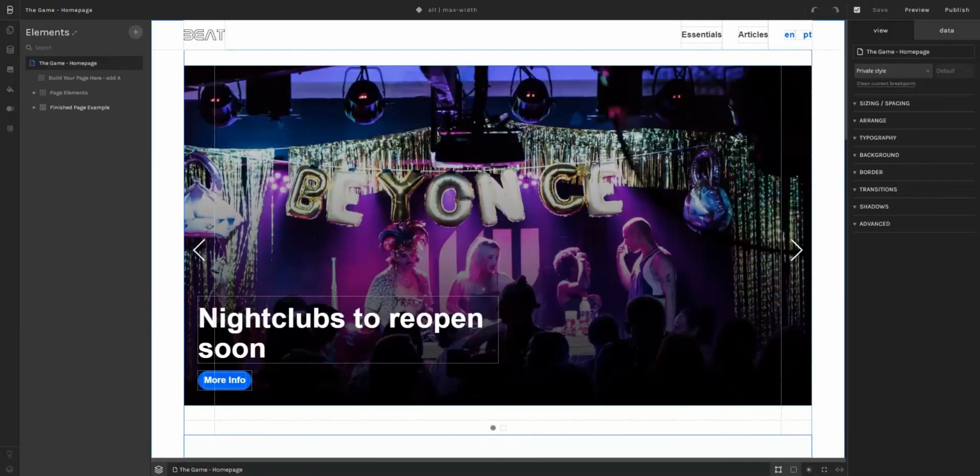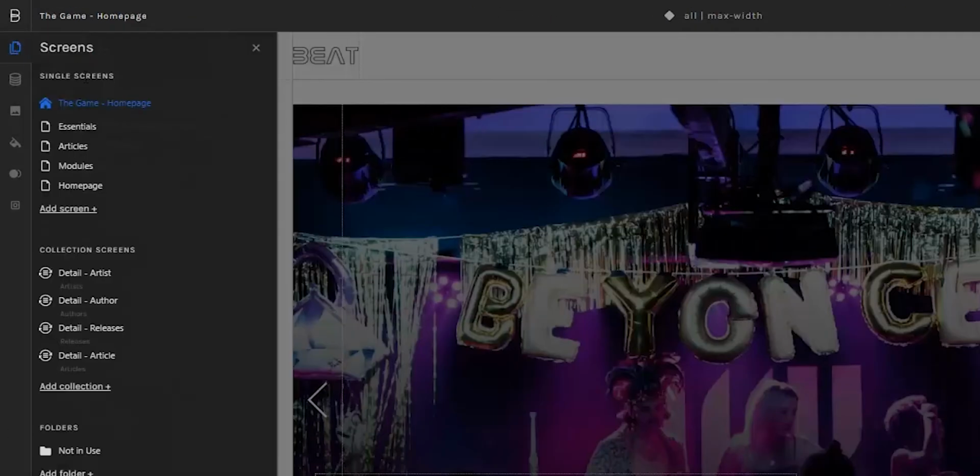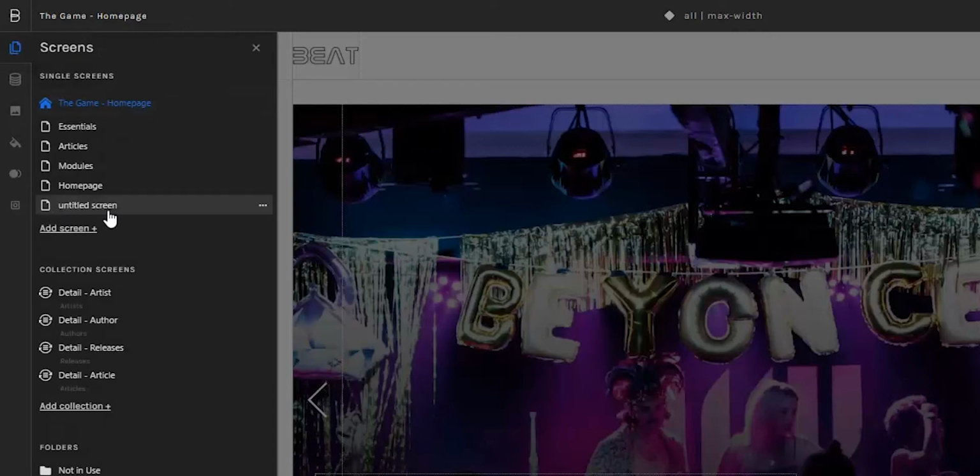In this video, we're going to quickly learn how we can add pages to our project. To do this, all you have to do is come here to the sitemap, where we can add two different types of pages or screens. So we can add single screens and collection screens by clicking Add Screen, and a new page or screen is